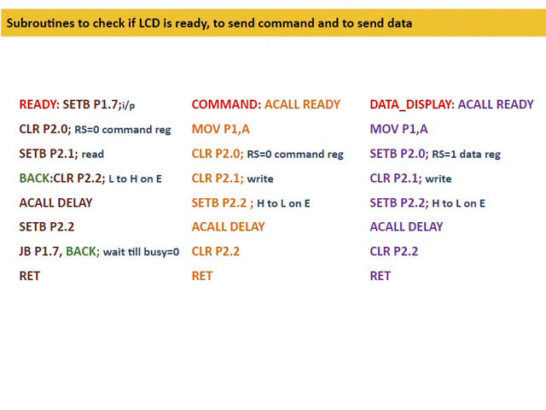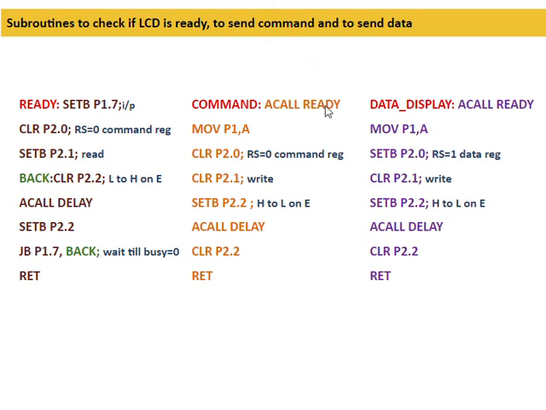And this subroutine is written with the assumption that the command is now available in the accumulator. So this subroutine will send the command that is available in the accumulator to the LCD display. So the first step in this subroutine is to call the ready subroutine, which will check whether the busy flag is set or not. If the LCD is ready, then we will return to this program. If it is not ready, we will continue here and will return only when the LCD becomes ready.